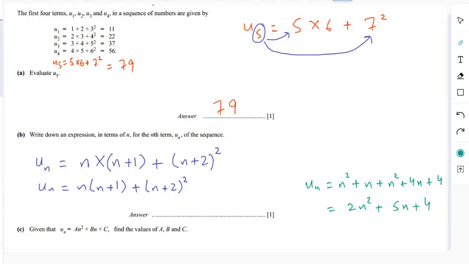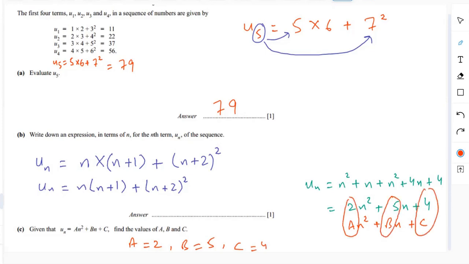अगर उससे हम कंपेयर कर लें an square plus bn plus c से, what do we get there? We get an square plus bn plus c. तो a की वैल्यू हमारे पास आ गई 2, b की वैल्यू आ गई 5 और c की वैल्यू आ गई 4. When you just compare these, you get the values of a, b and c. All right,